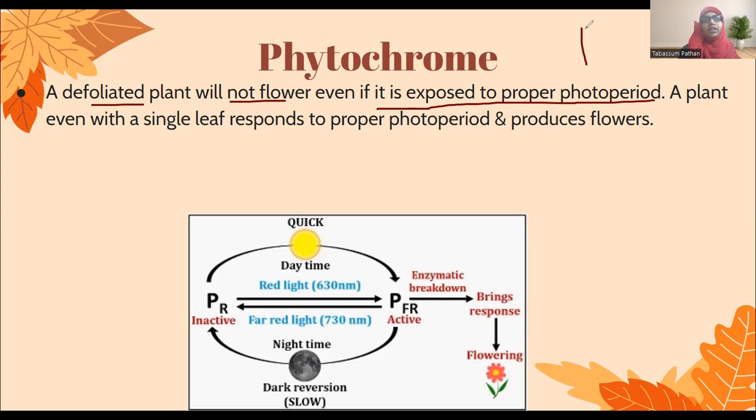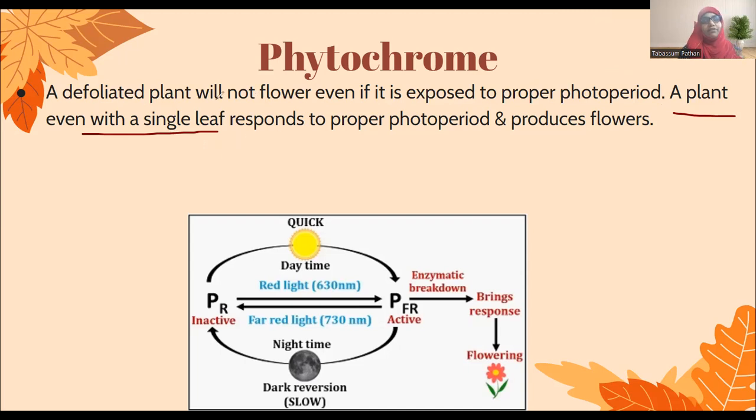Take a smaller tree, for example. If you expose it to sunlight, but there is not a single leaf on the plant, the sunlight or the artificial light that you are providing will have no effect on only stem and branches. So no flowering will be induced. Okay. But if you take a plant even with a single leaf,